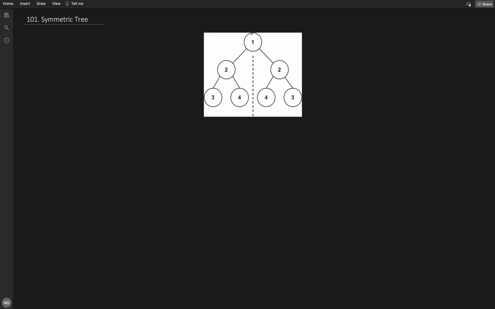As you can see, node 1 is where the center line is drawn, and it is 1, so it is fine. Now this is the left subtree from node 1, and this is the right subtree. Let me write the left subtree as LST, and this is RST, the right subtree. Now if I do the mirror reflection of the right subtree, that will give me 2, then 3 over here, and then 4 over here, and it's the mirror reflection of the right subtree, which is the left subtree. If it is that, then this is a symmetric tree.